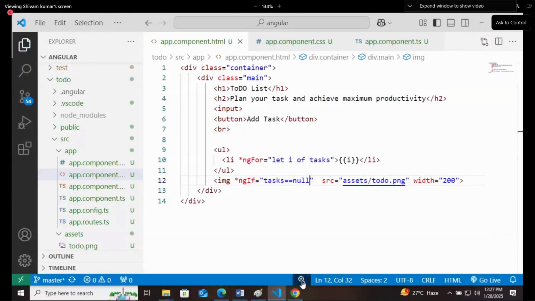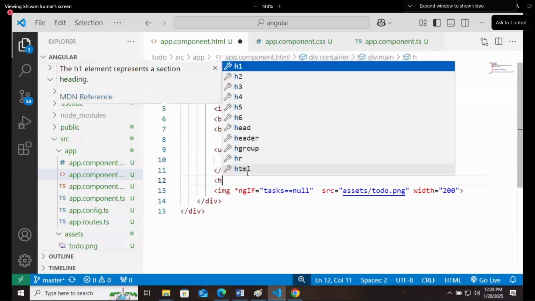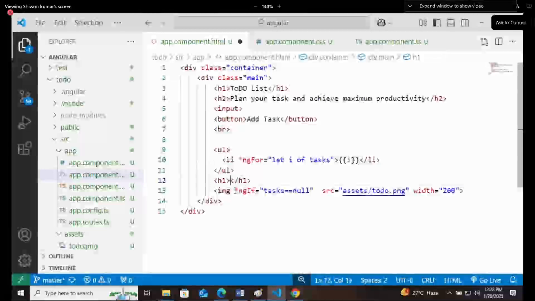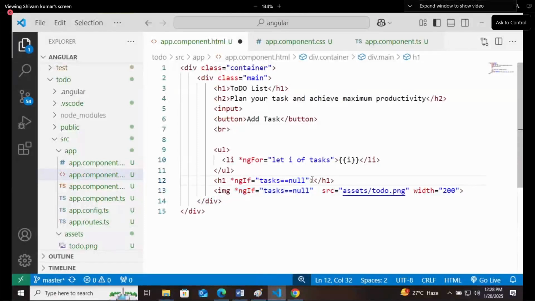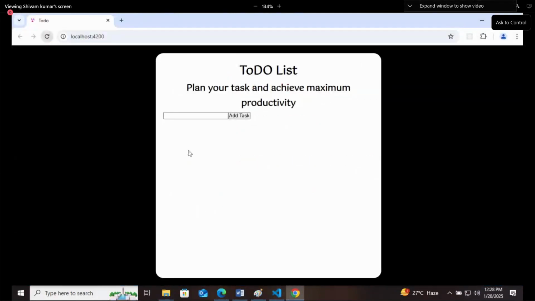Image is not coming. First, let's check it on a heading. So the heading is also not working.